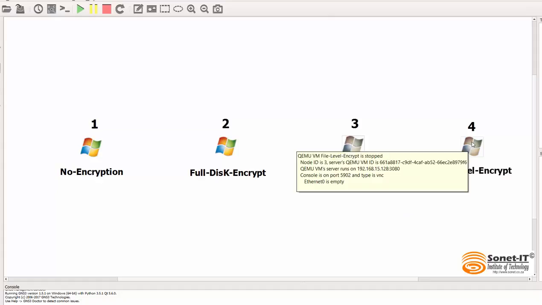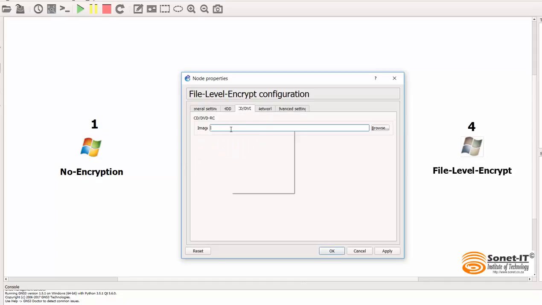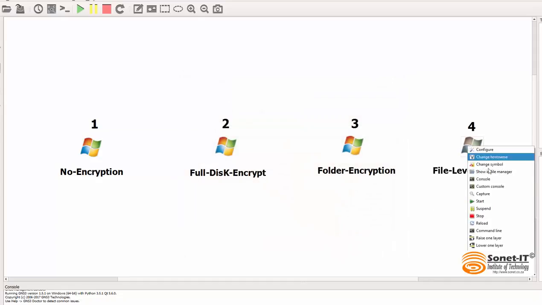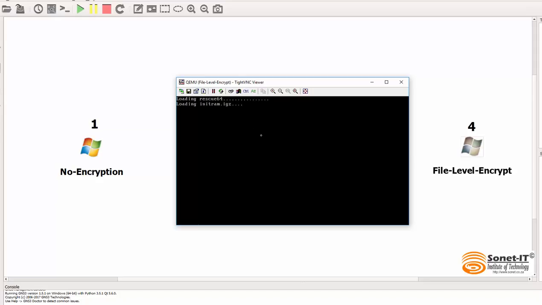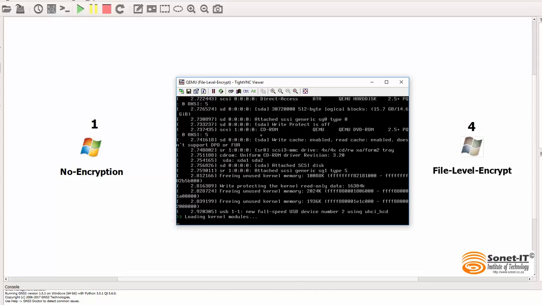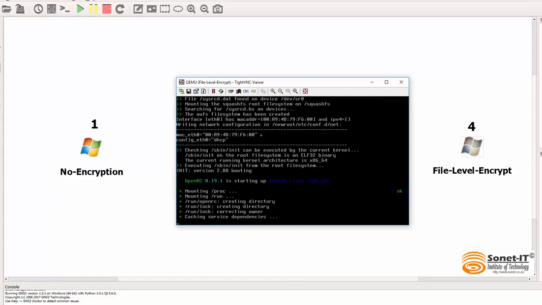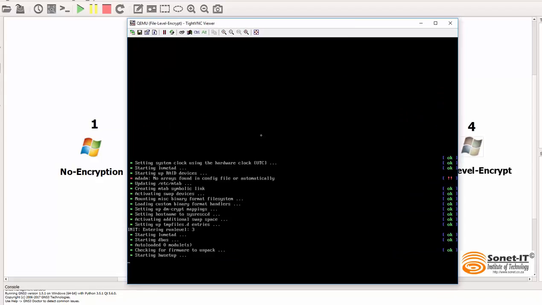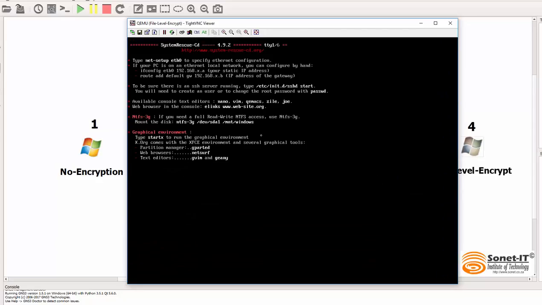Let's go to machine number 4. So I can repeat the process, change the boot priority, and specify the ISO image to boot from, and start the machine. Double click for the console, press enter. Press enter again. Okay, so I will clear the screen,